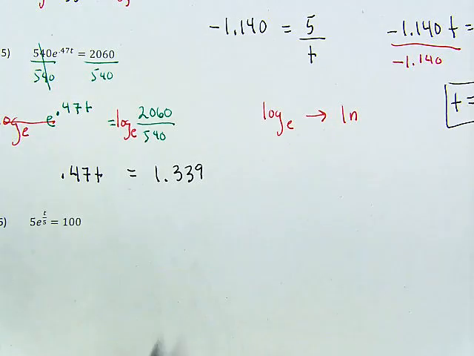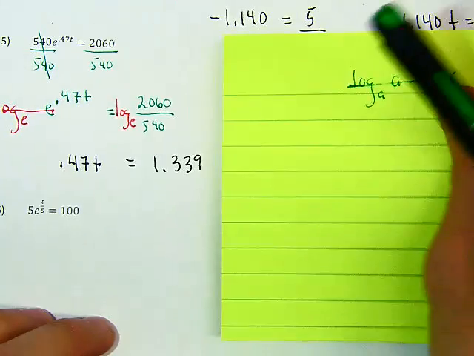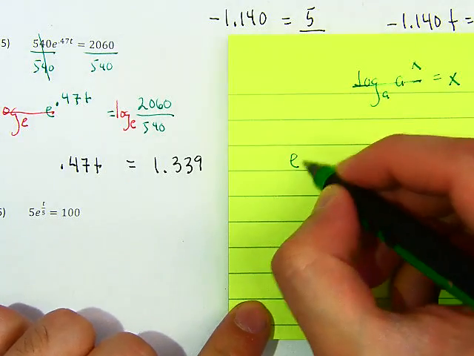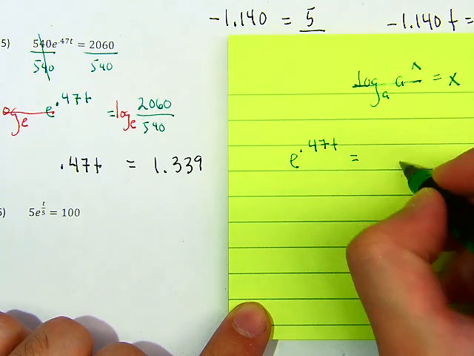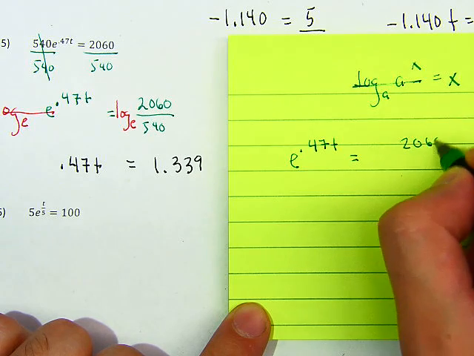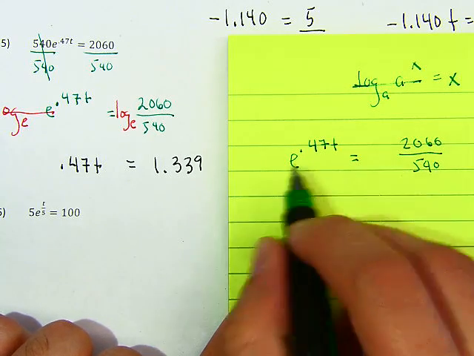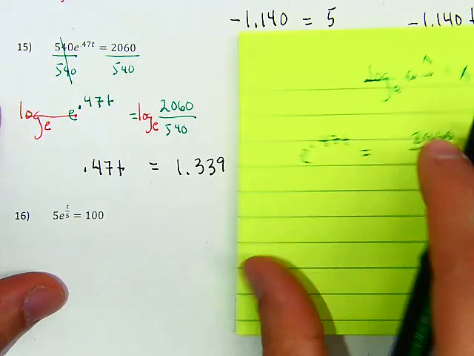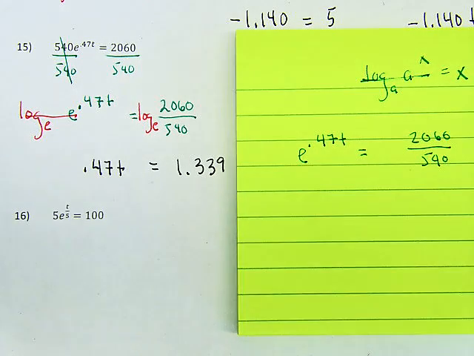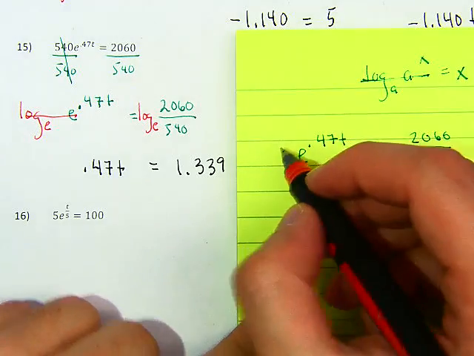Let's just do this part again. You see here, what did we have? We had e to the 0.47t equals 2060 over 540. And then how did we get rid of this e? What did we do? We did log base e on both sides. But from now on, we need to get used to the idea of